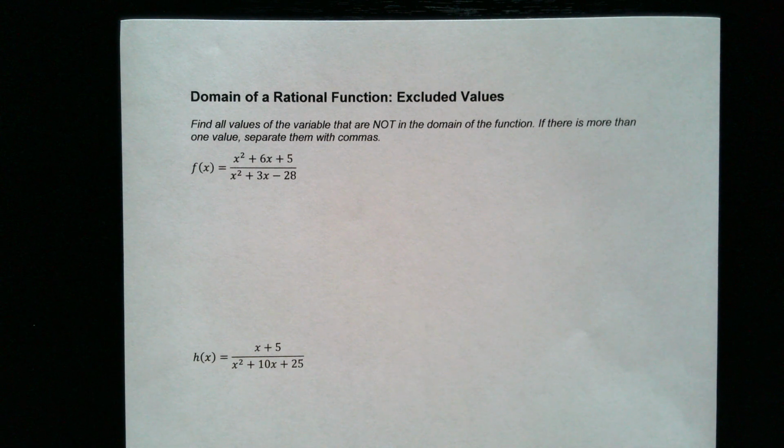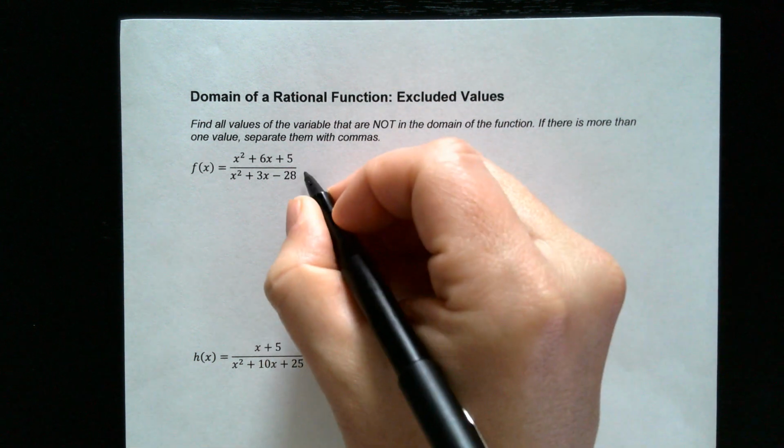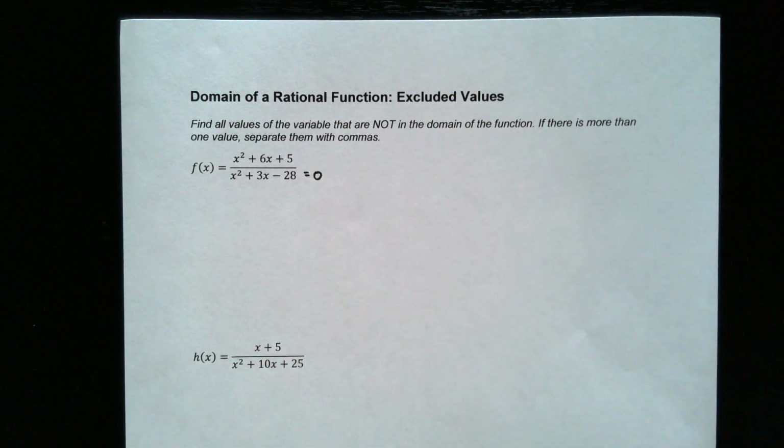In this video, we're going to be looking at the domain of a rational function using excluded values. So we're going to find all the values of the variable that are not in the domain of the function. And if there's more than one value, we'll separate them with commas. Okay, so to find the excluded values, we set the denominator equal to 0 and solve so that we can